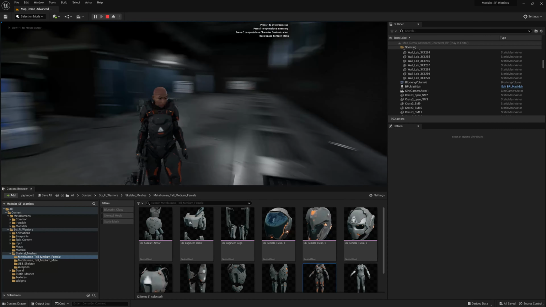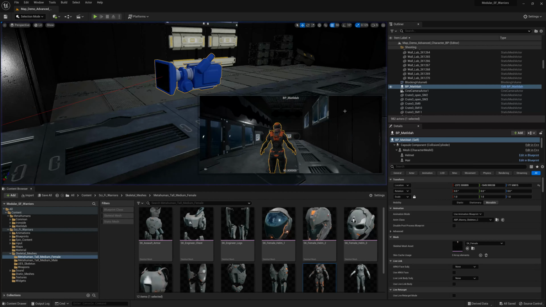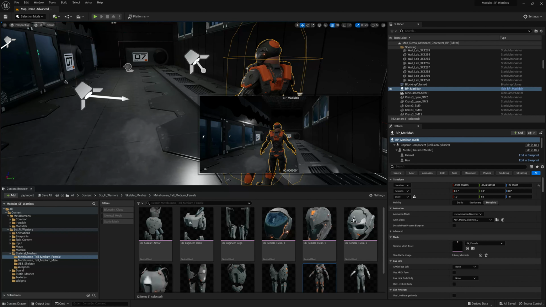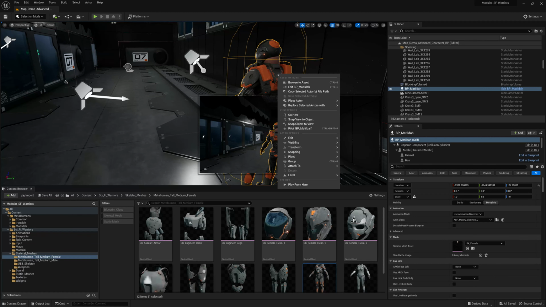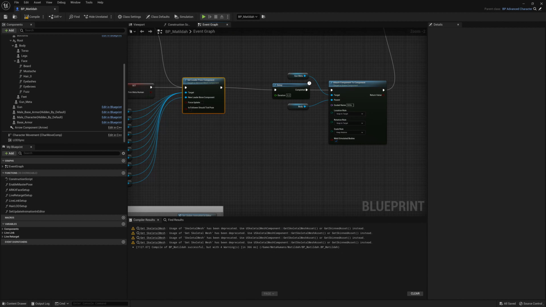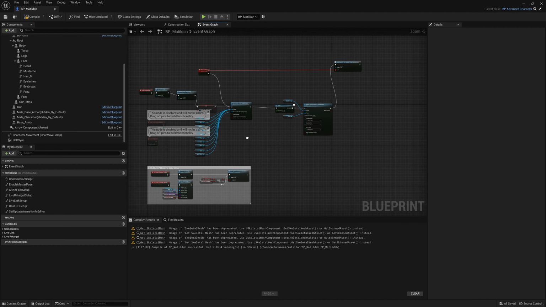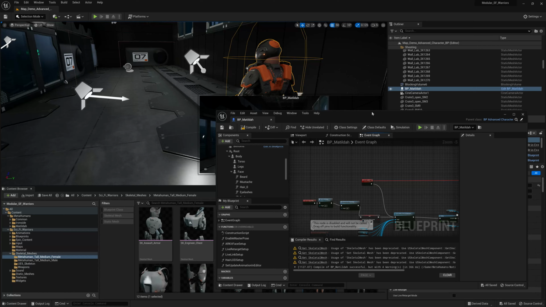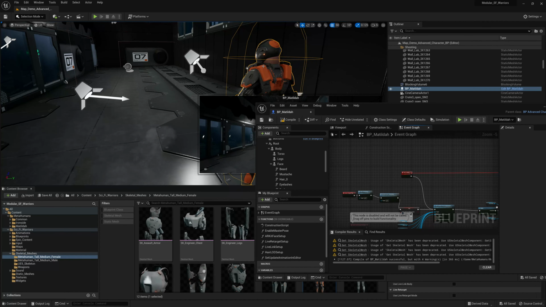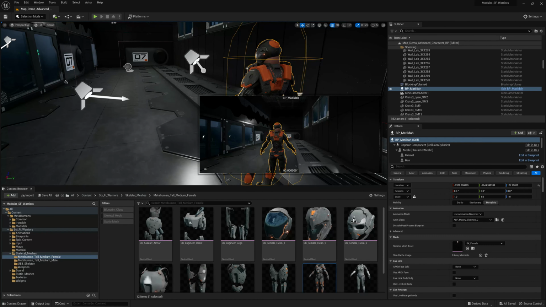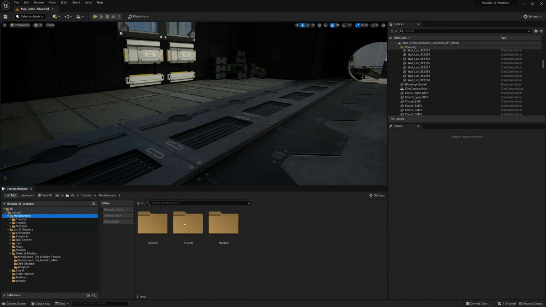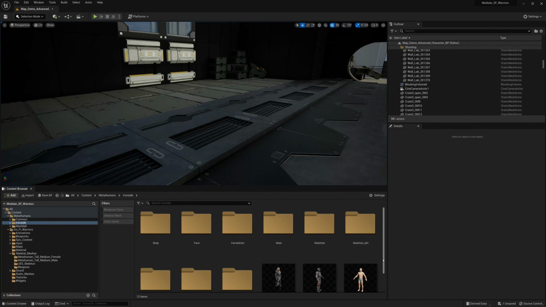Okay, so let's back out of this, and we'll keep this around in case we need to look at it in terms of the setup. But basically what we're doing is setting up a male character. We've already set up a female character. We'll keep it around in case of anything. Let's delete the female character from here, and let's go to the content browser under Metahumans. Let's find Ironside, and